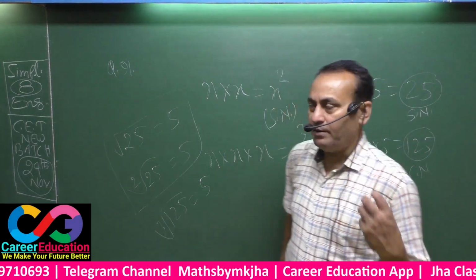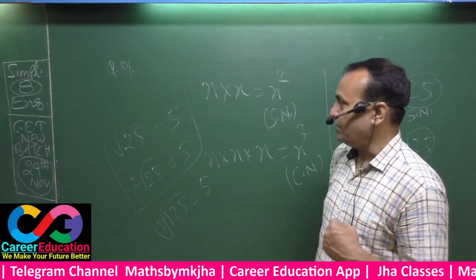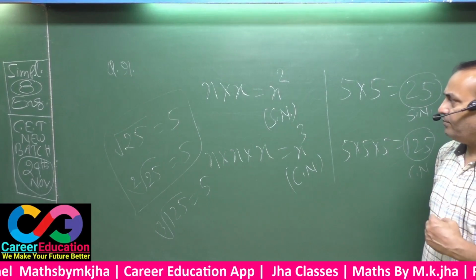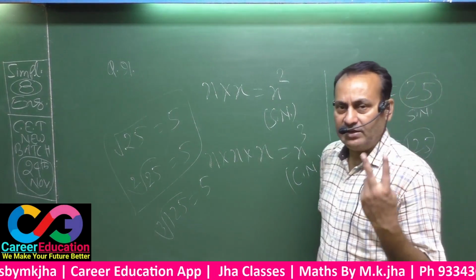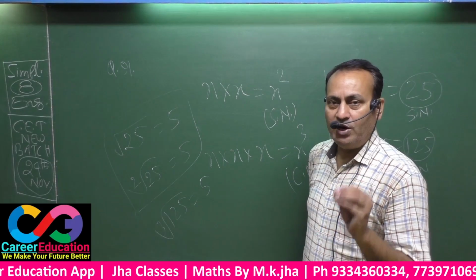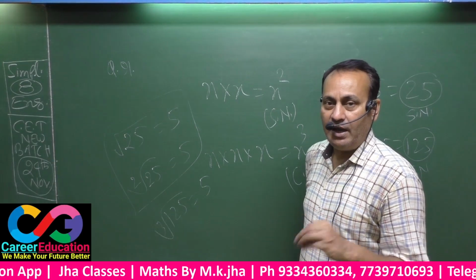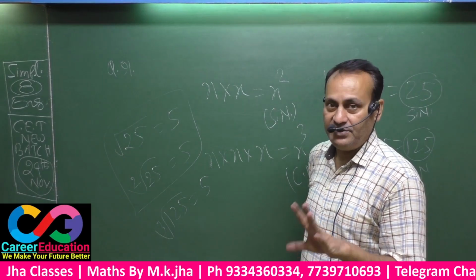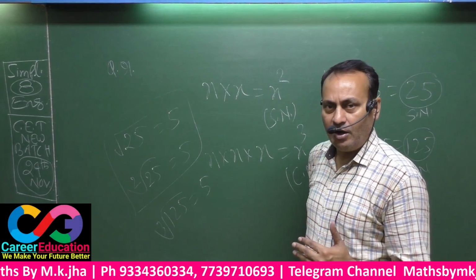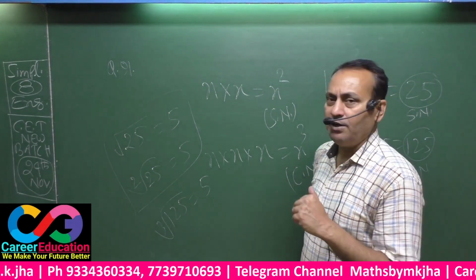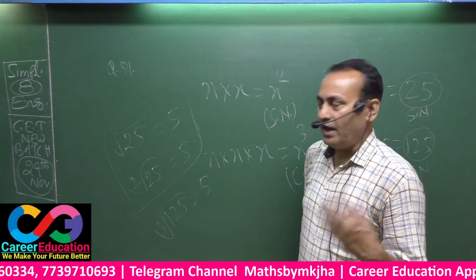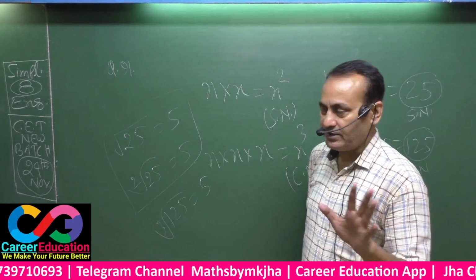If a bigger number is given before you and the examiner asks you to find the square root of that number, you can have two methods. That means in order to get the square root of any given number, there are two ways. One way is factorization and the other way is division. But if the number is bigger, certainly you should go through the division method, and if the number is smaller, you should go through the factor method.